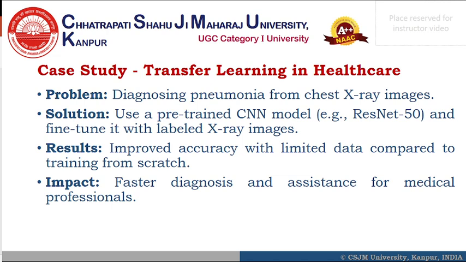So what is the solution? Solution is applying transfer learning with a pre-trained CNN model. To enhance pneumonia detection, researchers utilize convolutional neural networks, that is CNNs, such as ResNet 50 pre-trained on large image datasets. By fine-tuning the model with a smaller labeled dataset of X-ray images, the system learns to classify pneumonia cases